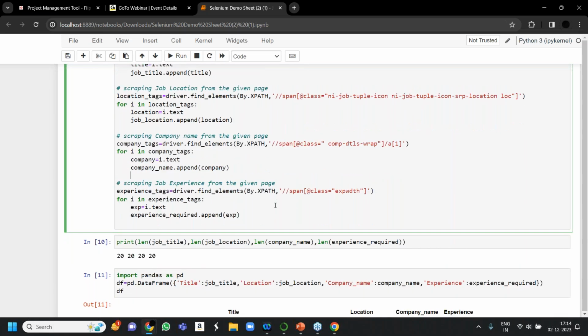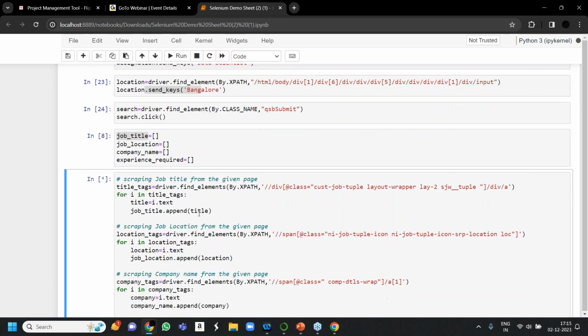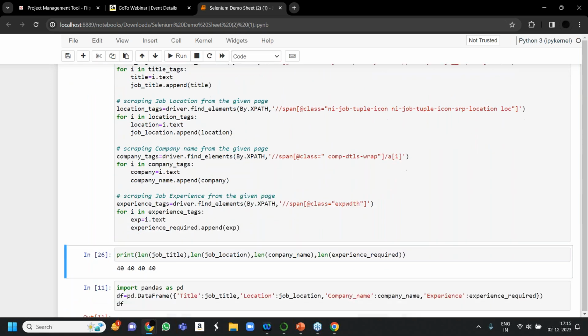Okay, now I have written that. Let's run this code. Okay, I ran the code 2 times, so it is showing 40. It is scraped 2 times, so don't be confused.